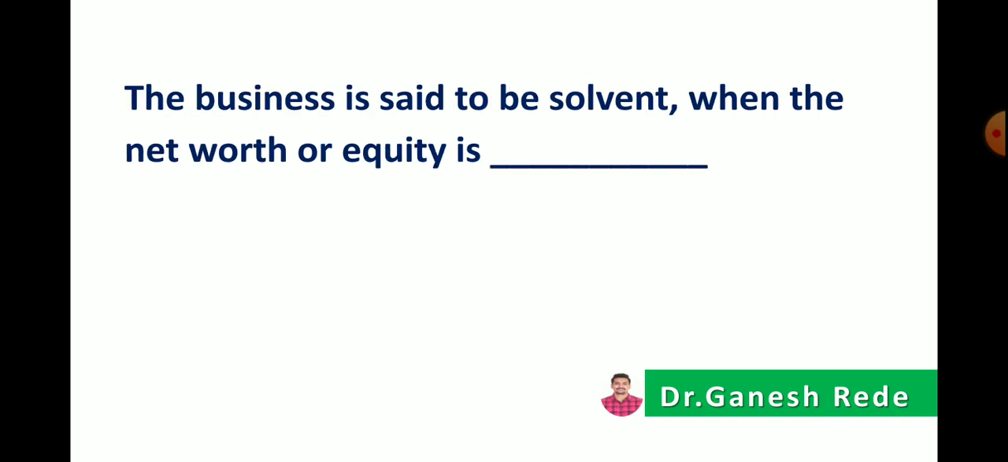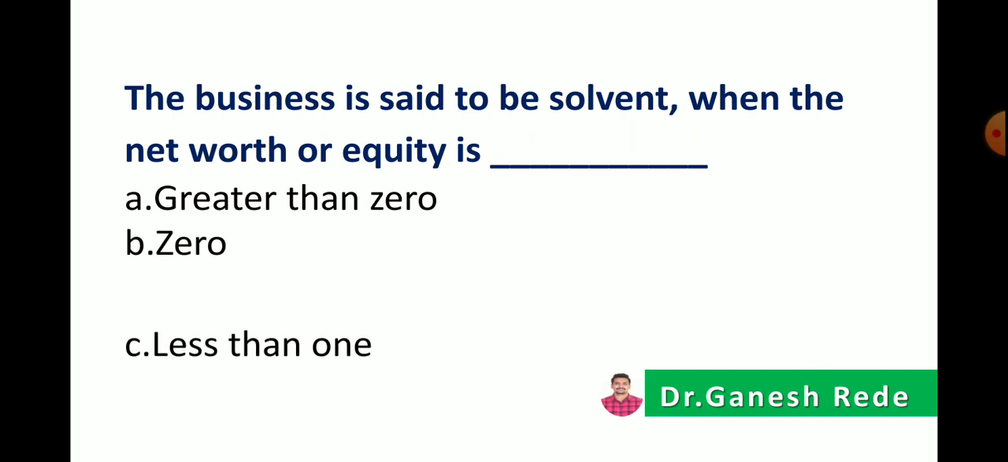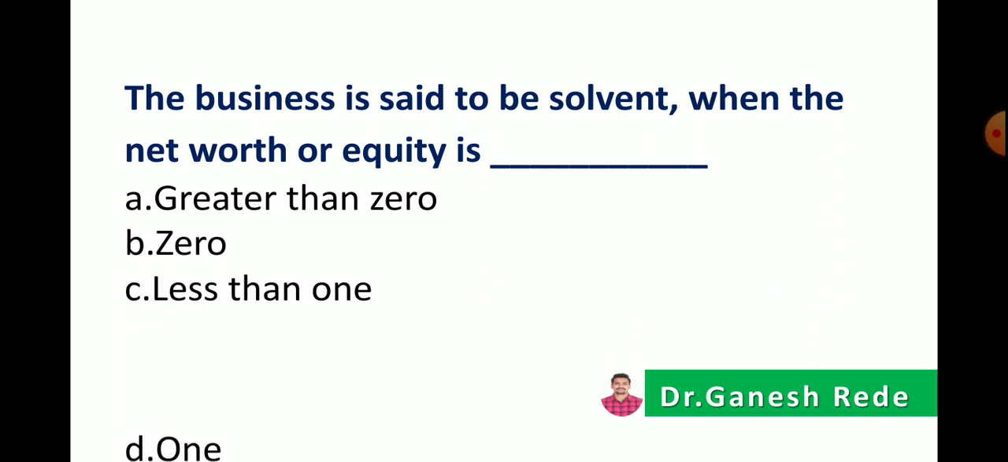date. Next, the business is said to be solvent when the net worth or equity is greater than 0, equal to 0, less than 1, or 1. So the correct answer is that the business is said to be solvent when the net worth or equity is